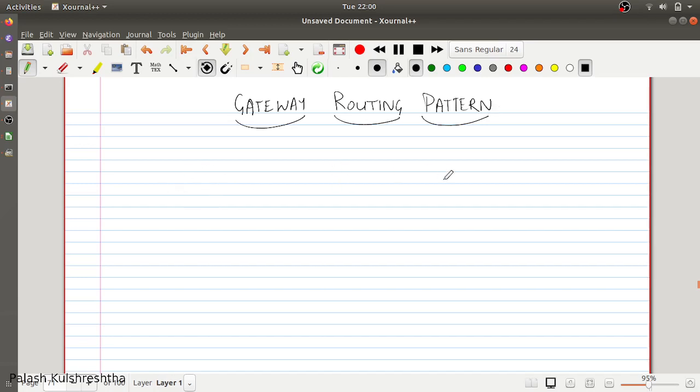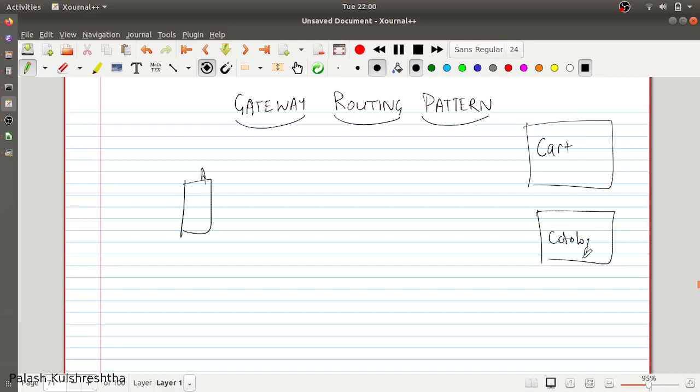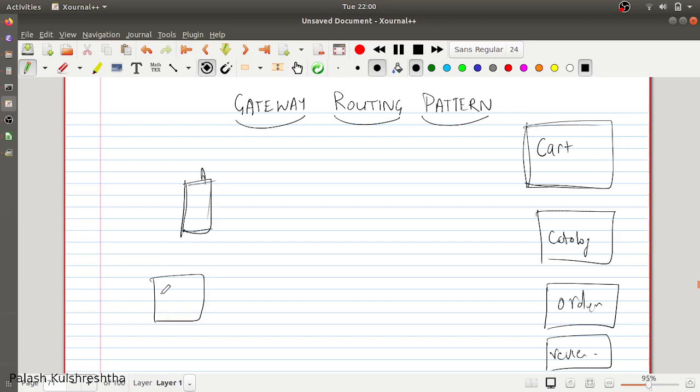Let's say you have an application which needs to access common services like cart, catalog, order, review. So any changes in cart APIs have to be implemented, obviously, in mobile application or web application. And there is going to be a domain through which cart is going to be accessible. Let's say this is an ELB. Each service has its own ELB.